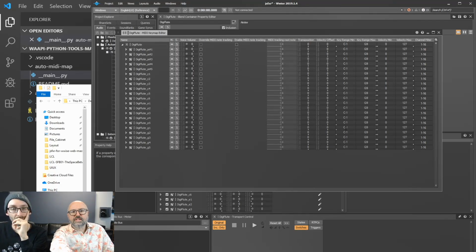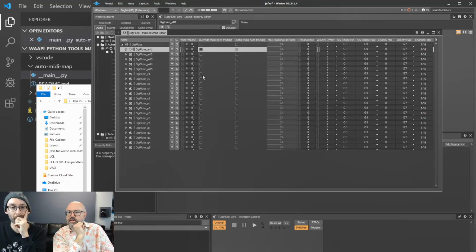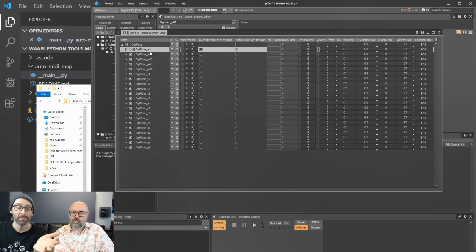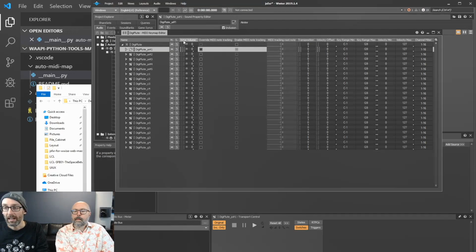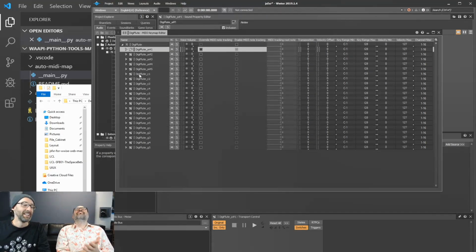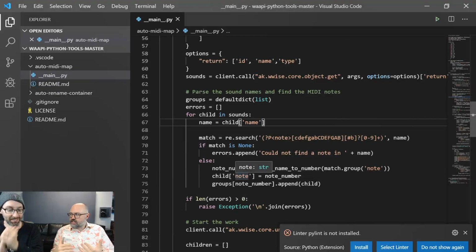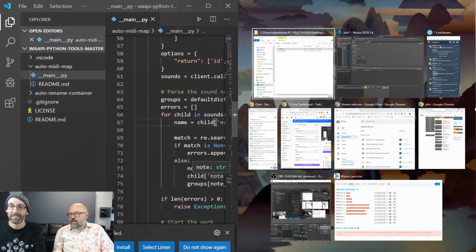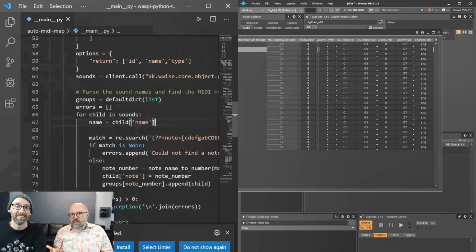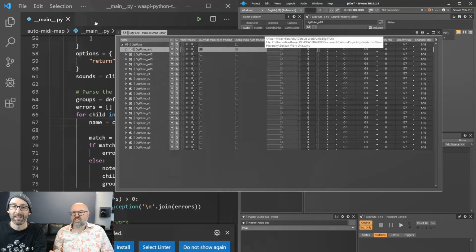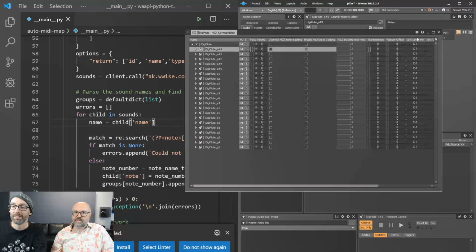For instance, the first one is digiflute A1, and you would set that to a key range minimum of something close to A sharp 1, and just below and above. Perfect. But I won't do it. It's too painful. It's because I'm a programmer and I like to automate tasks. If you are creating MIDI instruments like this for use in Wwise, chances are pretty good you're going to do it more than once. So let's build a workflow for that process so that it's not painful. Let's take the pain away.